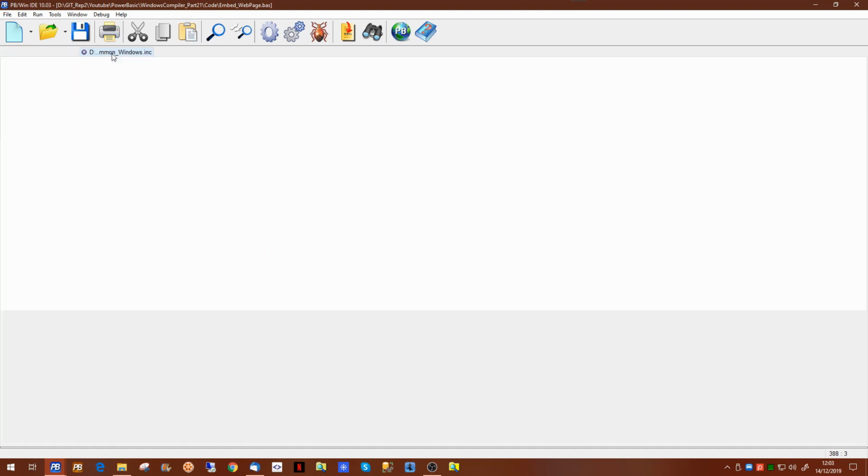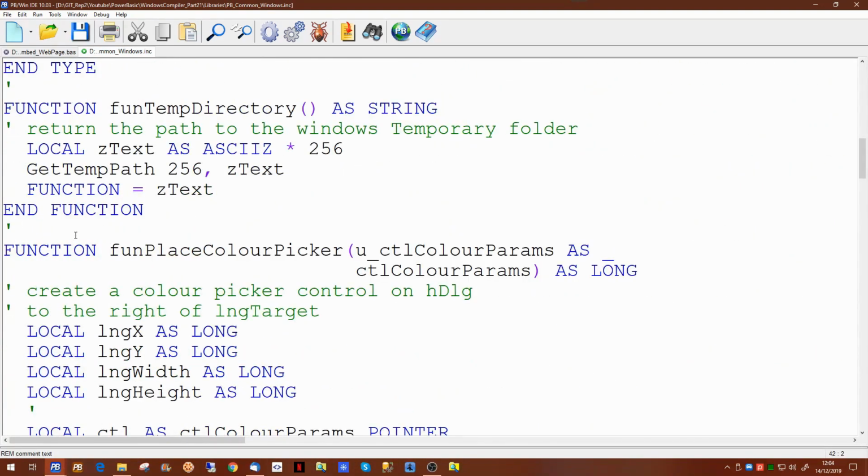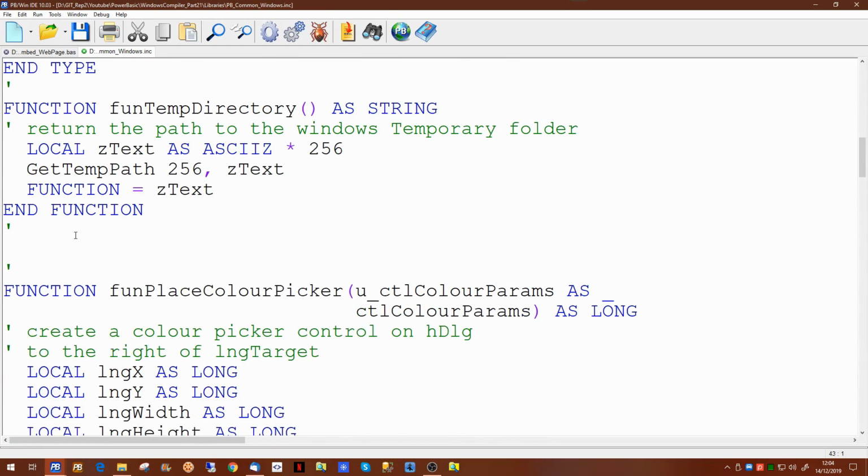So all we have to do now is to write the control. So we nip to our common Windows controls. This is where we placed our previous routines. We're going to place this one in here. And it's going to take our user-defined type, which we have previously created. In this case it's going to be font params as